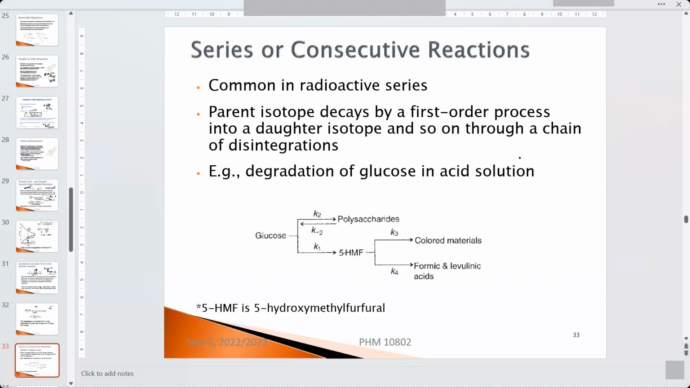Example here is the degradation of glucose in acid medium. Glucose may have a reverse reaction. It will form polysaccharides, and one first order, one direction reaction, forward reaction, that will form 5-hydroxymethylfurfural. So this is step 1. And then this one here becomes more complicated, that this second reaction, step 2,